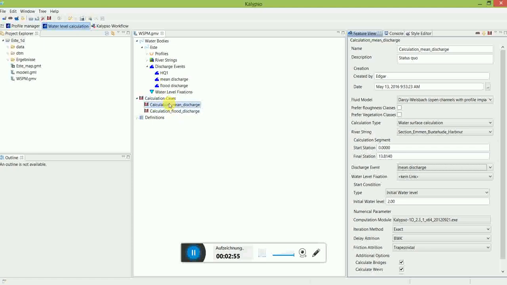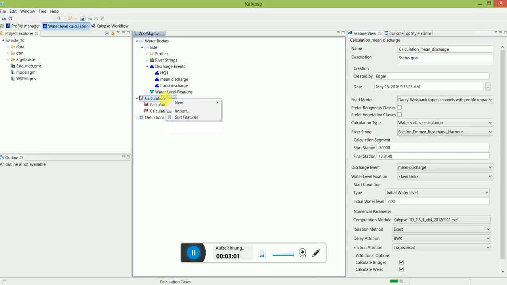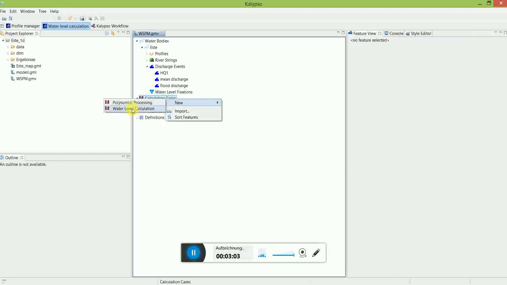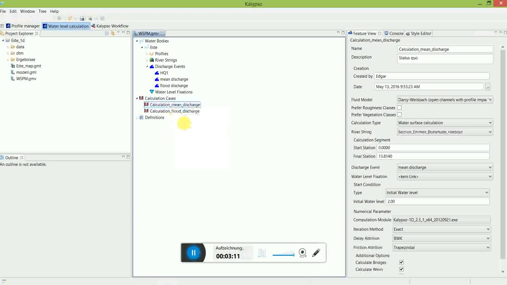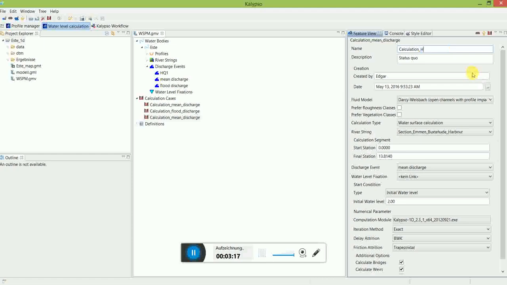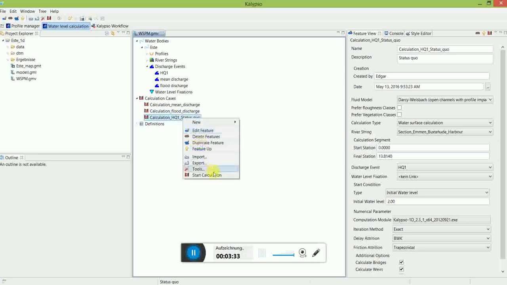That's why I create a new one, and I have two possibilities to do it. One is I make a right click here and say new, water level calculation, and then I have to make all the settings again. The other possibility is I make a right click on this one, I say duplicate, and now I have duplicated it. And I say this is not calculating mean discharge, this is calculation HQ1 and status quo. And I will change the linked discharge event to HQ1. Okay, that's it already. I make a right click, I say start calculation,